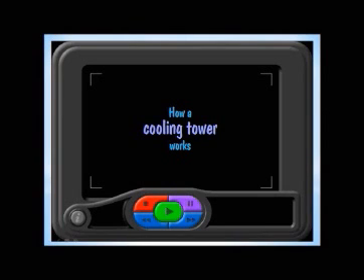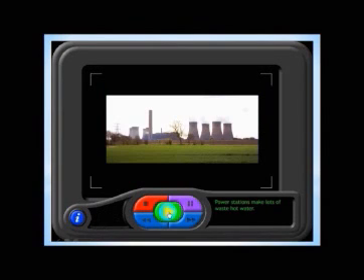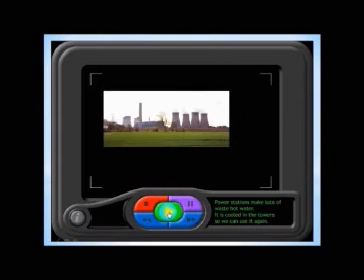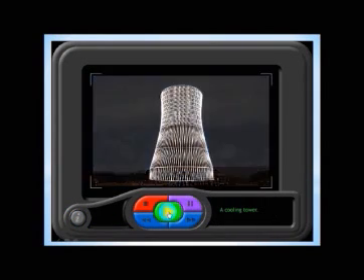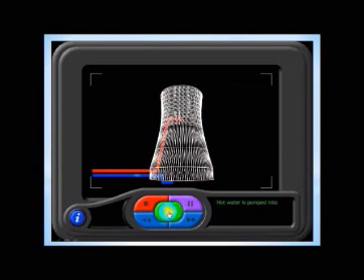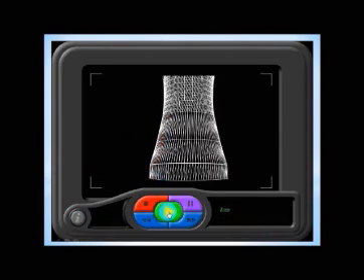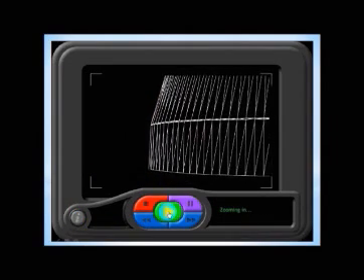This is the animated working of a cooling tower. How a cooling tower works. Power stations make lots of waste hot water. It is cooled in the tower, so we can use it again. What we can see here is a cooling tower, and after that the pipes, in which the hot water is coming in, and then cold water is going out of the surface, out of the cooling tower.